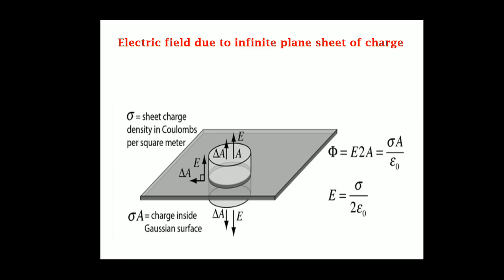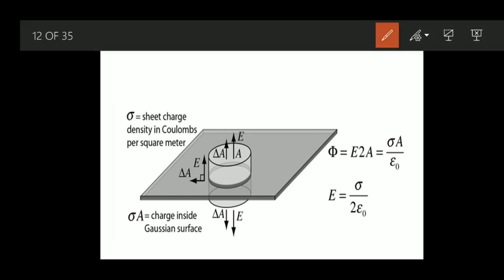Okay. Now in this diagram, the same thing, step by step we are going. If I take this flat surface, the area is in this direction. And if the charge is positive, suppose it has so many positive charges, the electric field is shown here, acting in the downward direction. For the bottom surface, the area is shown here. But if I take a curved surface, can you see here, the area vector and electric field both are perpendicular. In that way, it is acting.